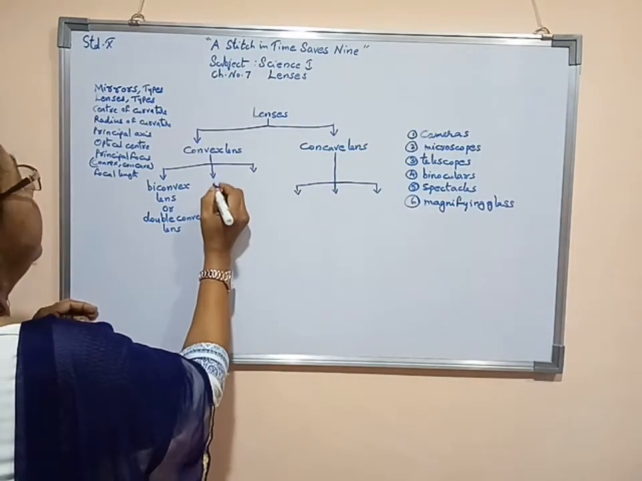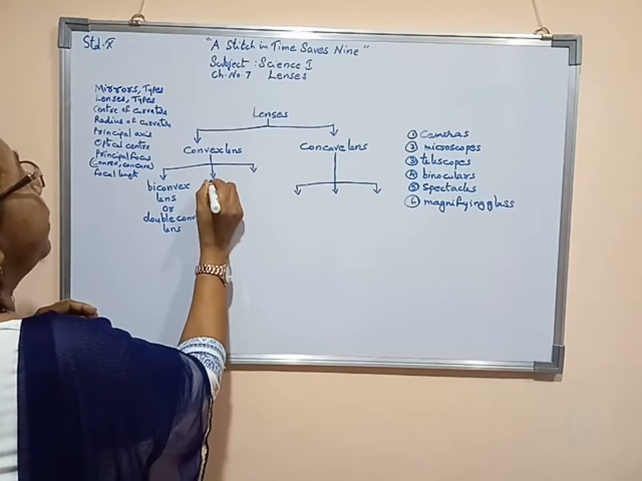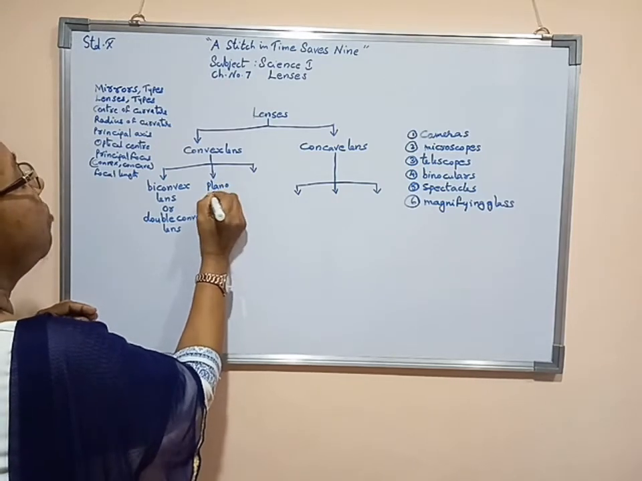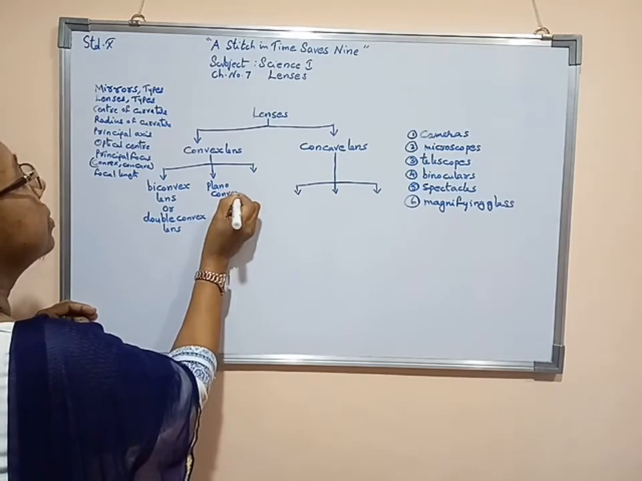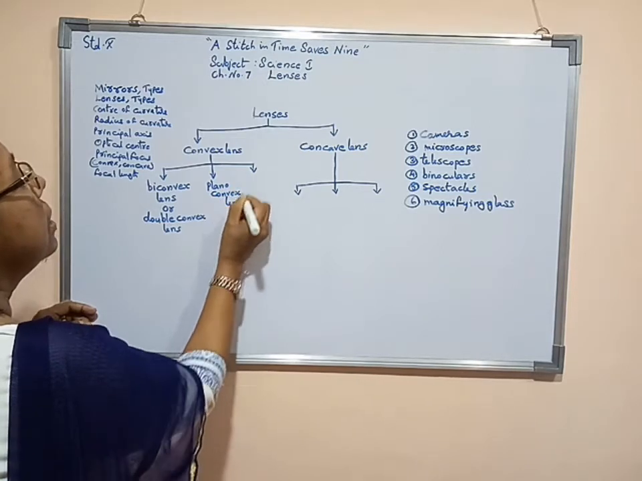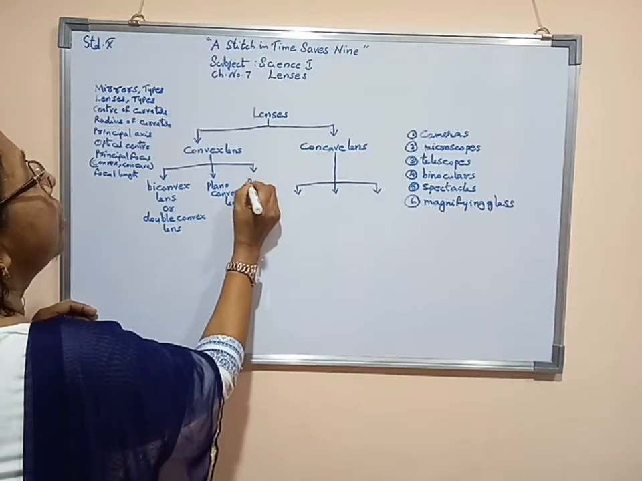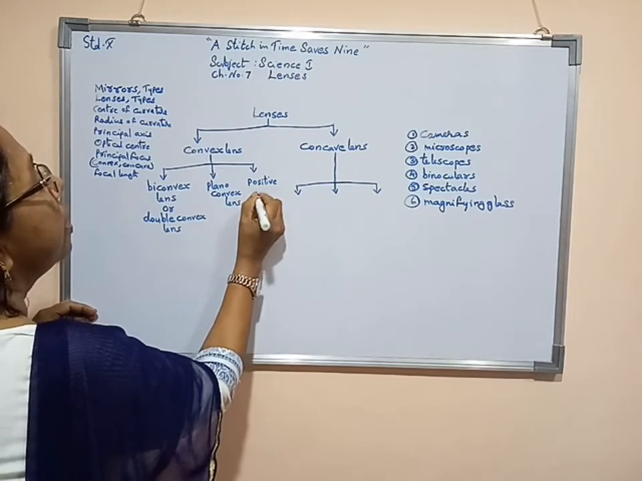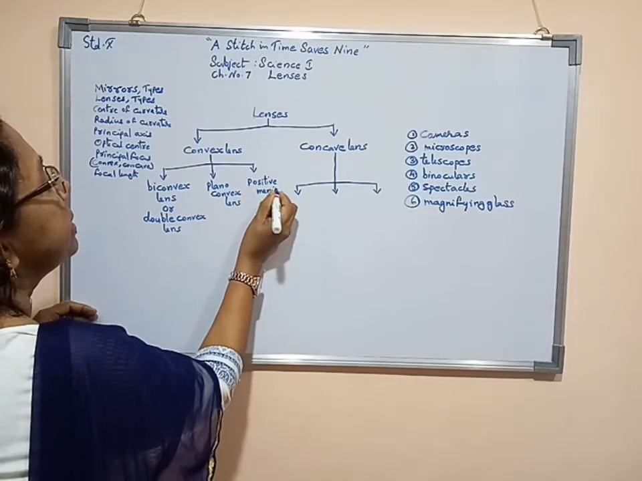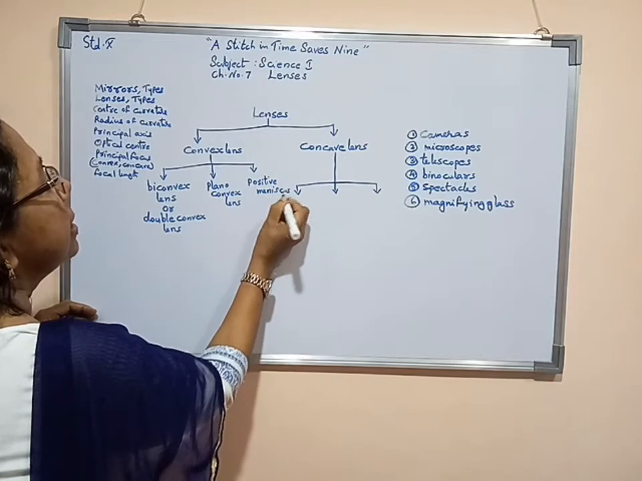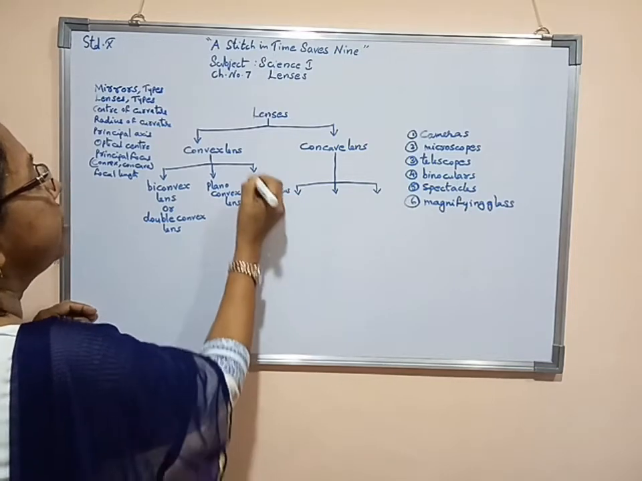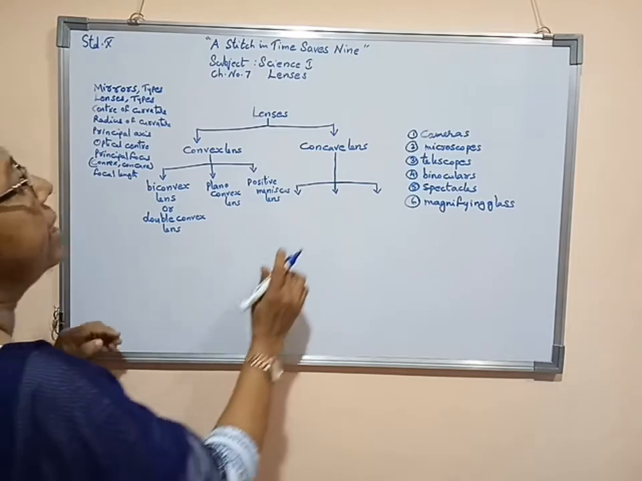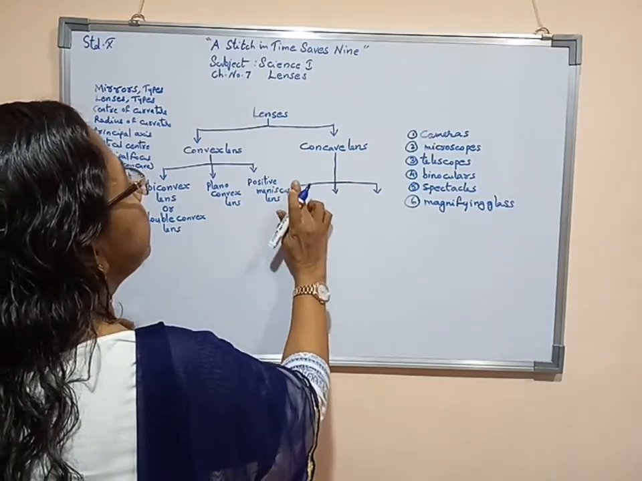Then the other one is known as Plano convex lens. The other one is known as positive meniscus lens. Positive meniscus lens. Now, concave lens